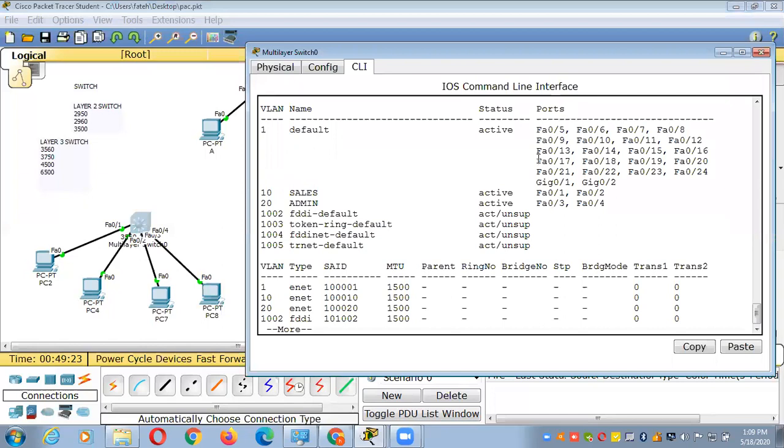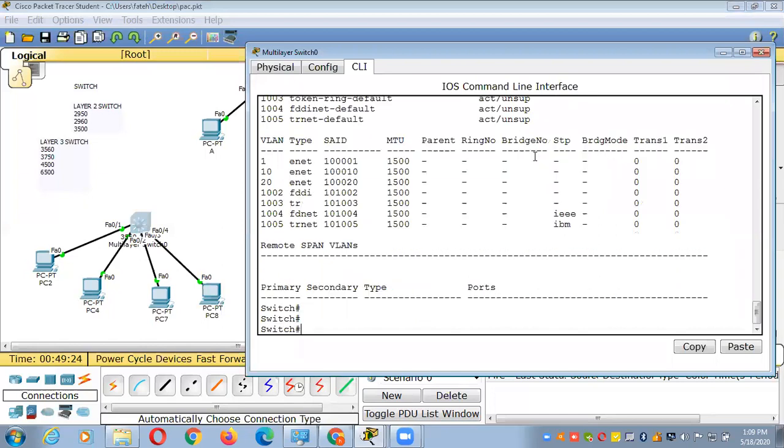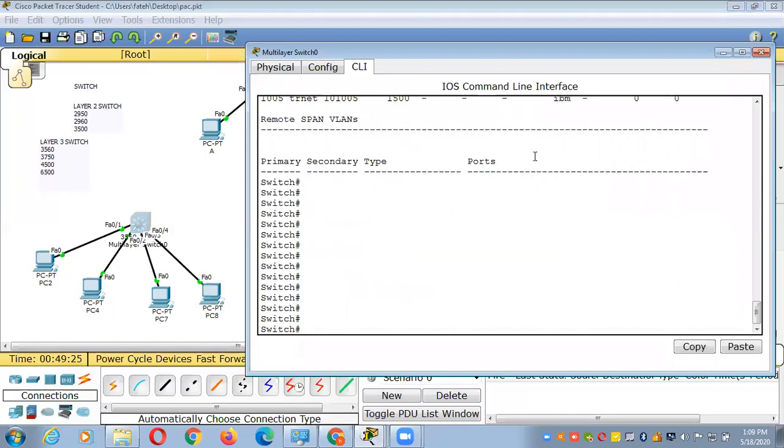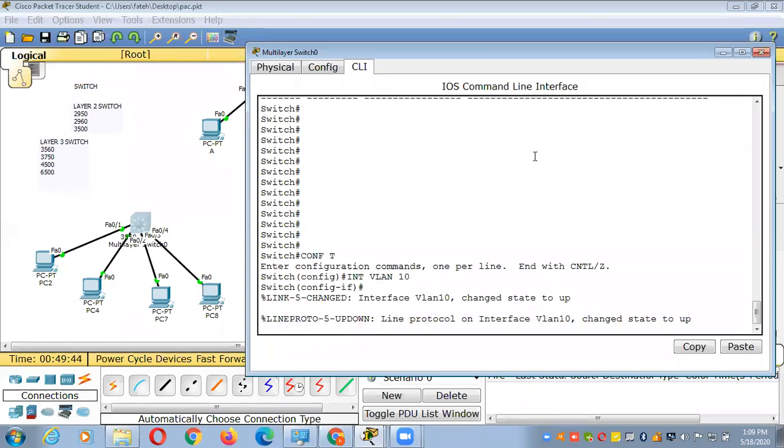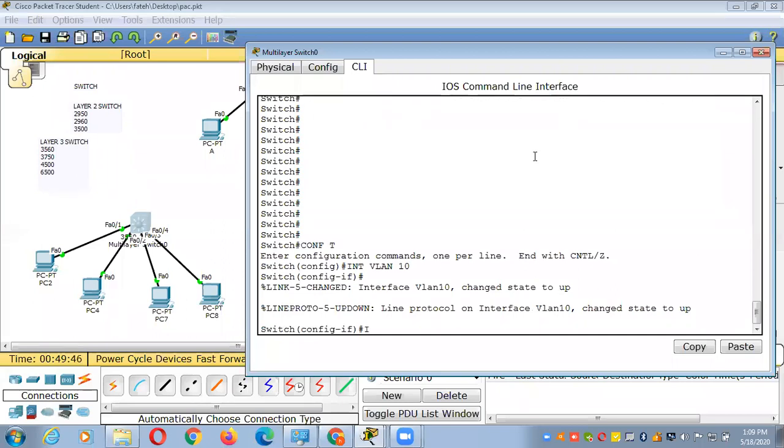Now I'm going to explain how your switch will do routing here. That's why I'm going to assign the IP address in the VLAN. Again, I'm in configuration mode. So here I'm going to assign an IP address in VLAN 10, that is 192.168.0.1.